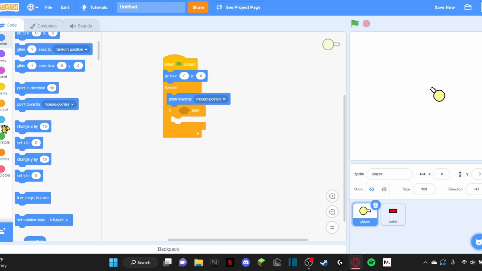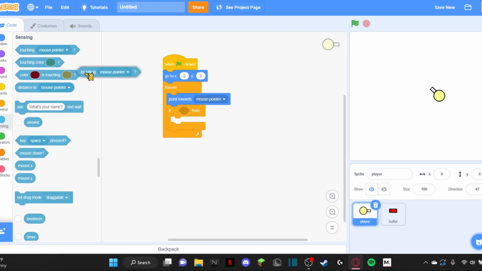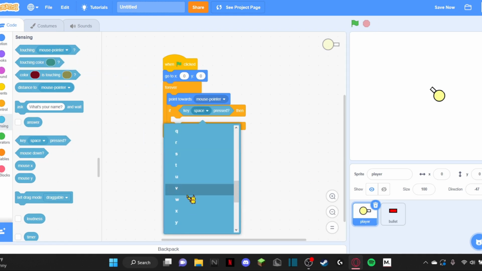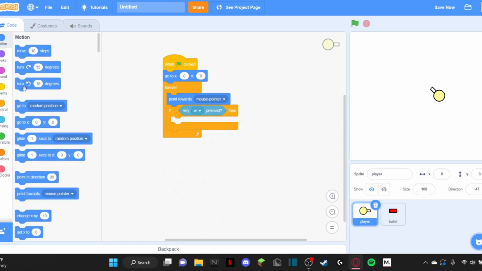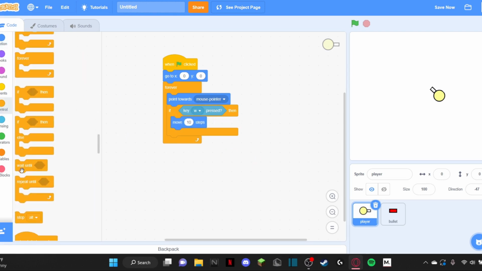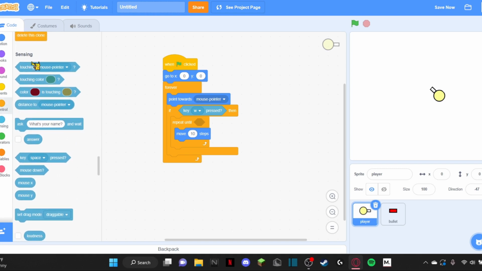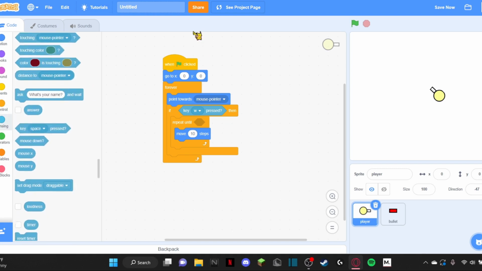So I'll bring out the if key, we'll do W. If key W pressed, then we want it to move 10 steps, and then we want it to repeat until. Yeah, we'll actually put it in a repeat until, and then we'll put